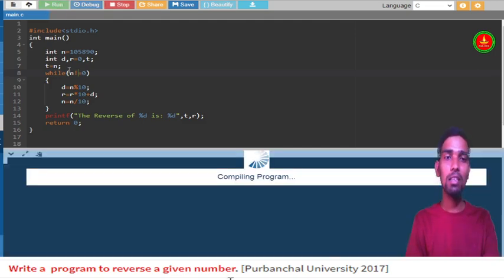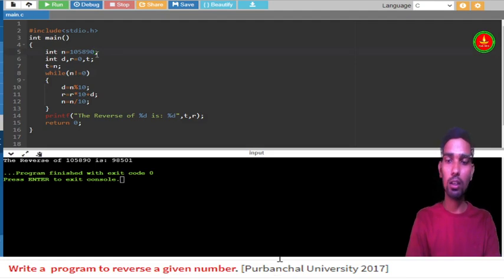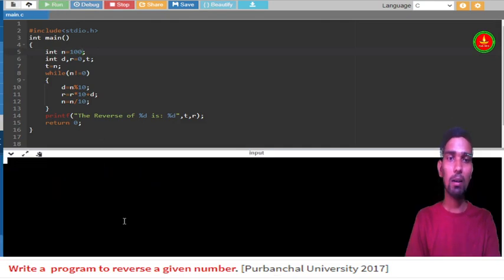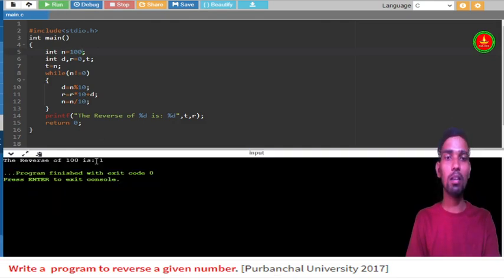For easiness I will also run it for the next number and show you, so you can try it. Okay, see, n equal to how much? N equal to 100, but it reverses to 1, it is showing. Why so? Because this is number reverse. Okay guys, this is correct. This is number reverse. So 001 means 1. If it is a string reverse, then it will not be considered correct.